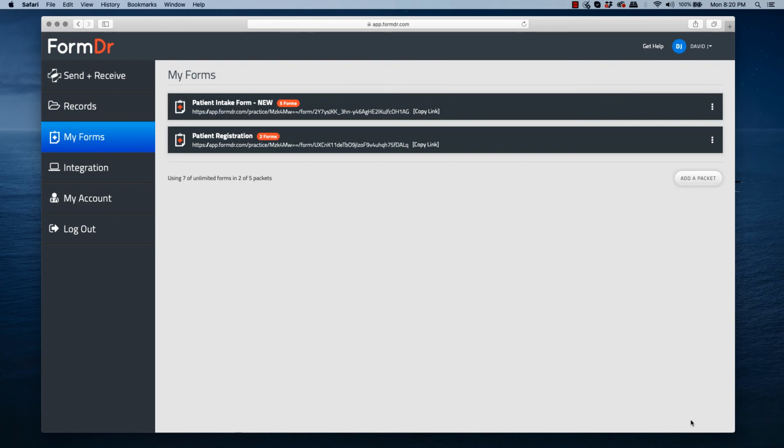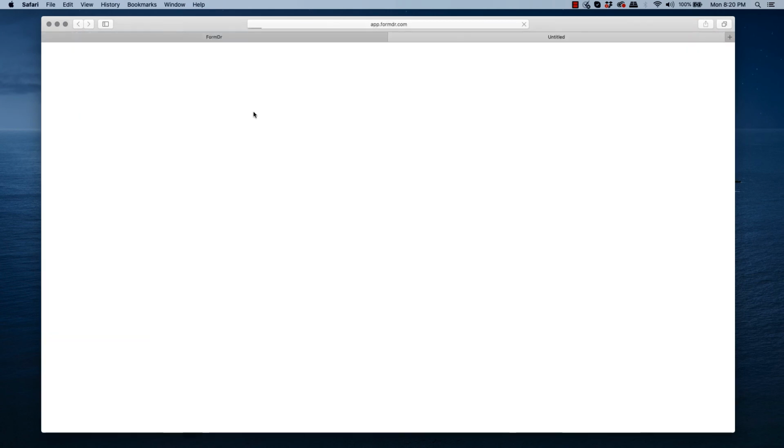Now that I've hit next to send, it's taking me back to my forms page. This means that all my changes have been published and I'm now ready to start sending out my form. As you can see right here, the form has been updated to patient intake form -new. If I click on the link,